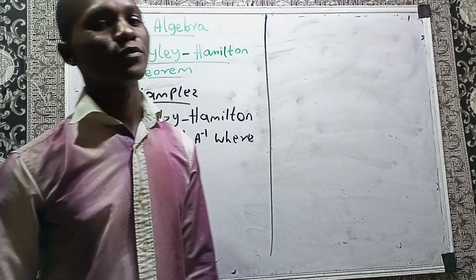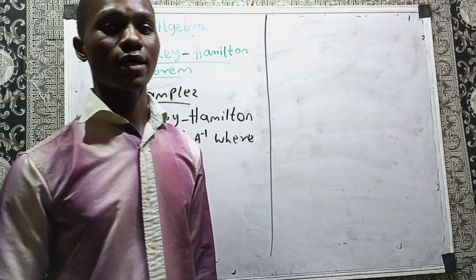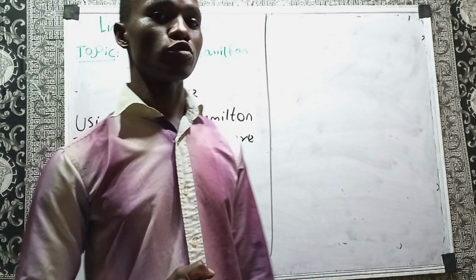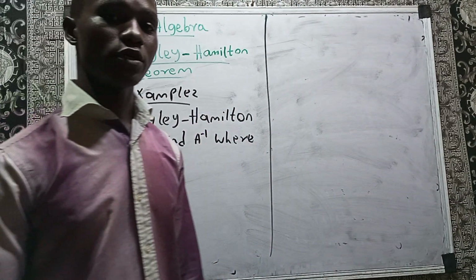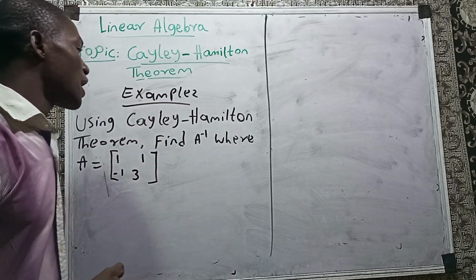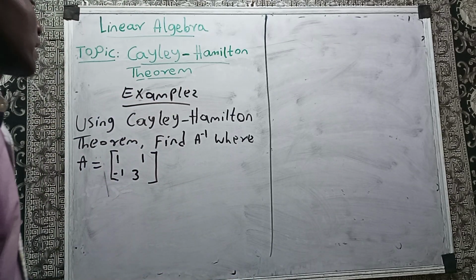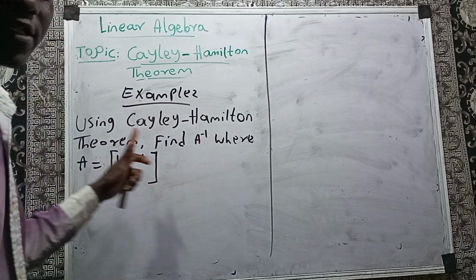This is linear algebra class, and today we'll be solving this question under this theorem we introduced in our last class, Cayley-Hamilton theorem. So in this example, they asked us to use the Cayley-Hamilton theorem to find A inverse, where A is this 2 by 2